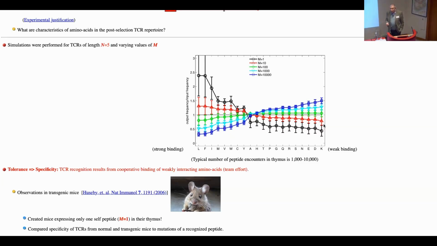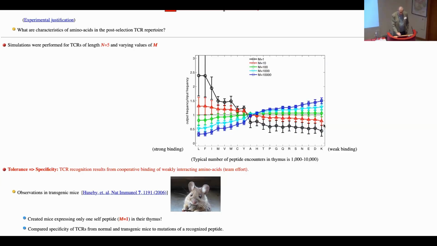And in order to get to some threshold for recognition, so that the T cell recognizes something, you have to have lots of weakly binding amino acids at the right positions, so that the combination of them together allows you to exceed some kind of a binding. And if there is some kind of a mutation and one of the presented amino acids is changing, then you lose one of the links that you need together in order to achieve